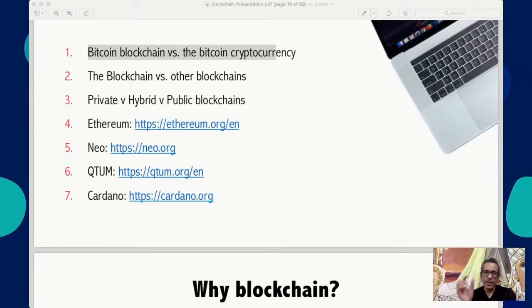But non-fungible is when each of them is different. So when you take, let's say, a piece of art, like a painting, and the digitized version of that is put on Ethereum, that becomes an NFT or non-fungible token, which basically means each token is different because it could represent a different asset.